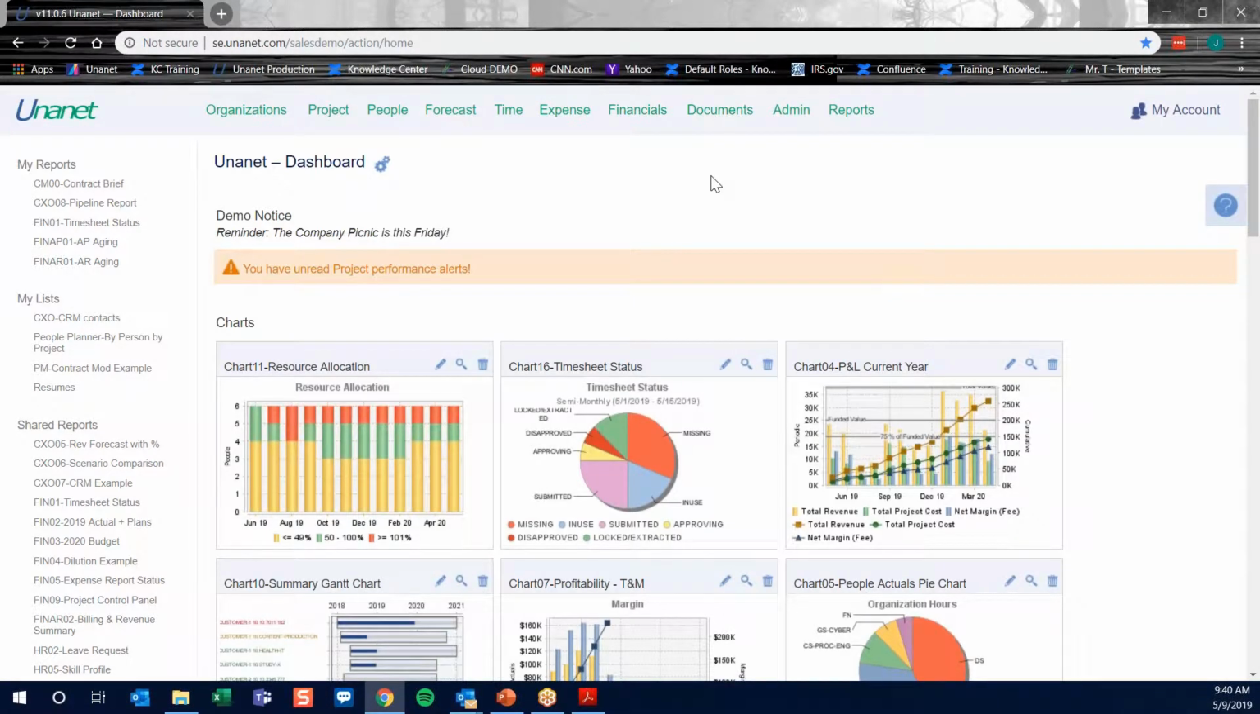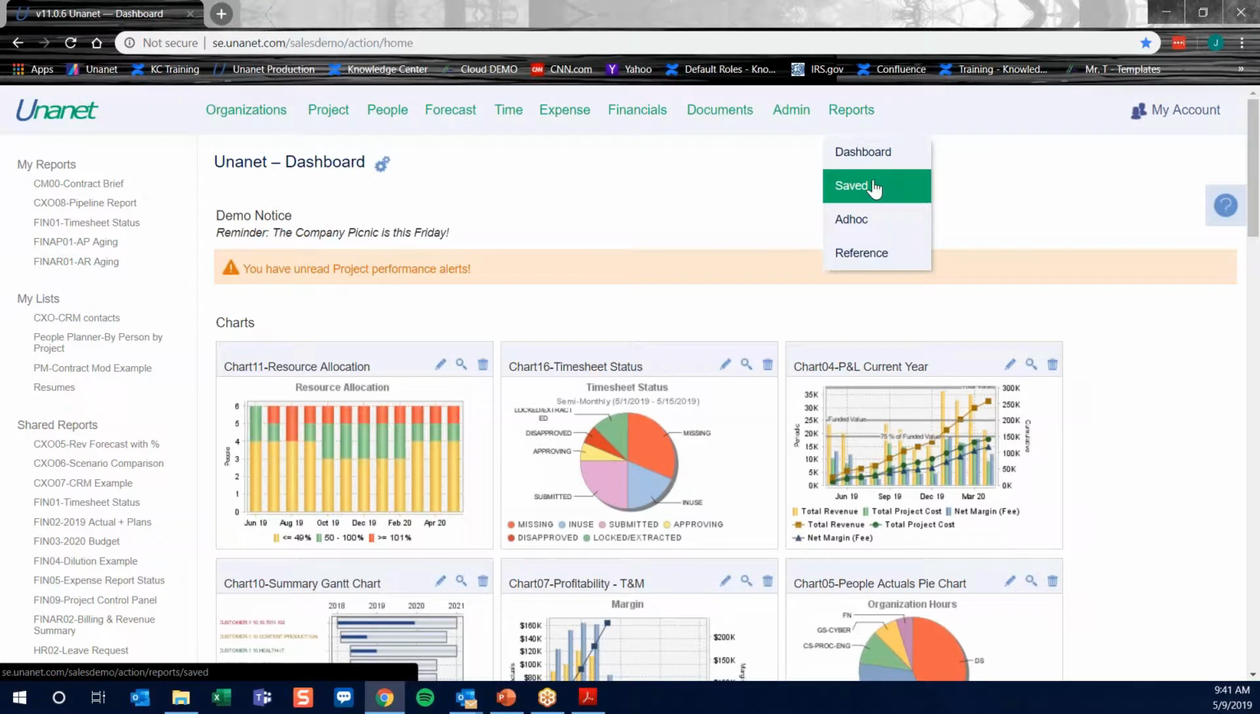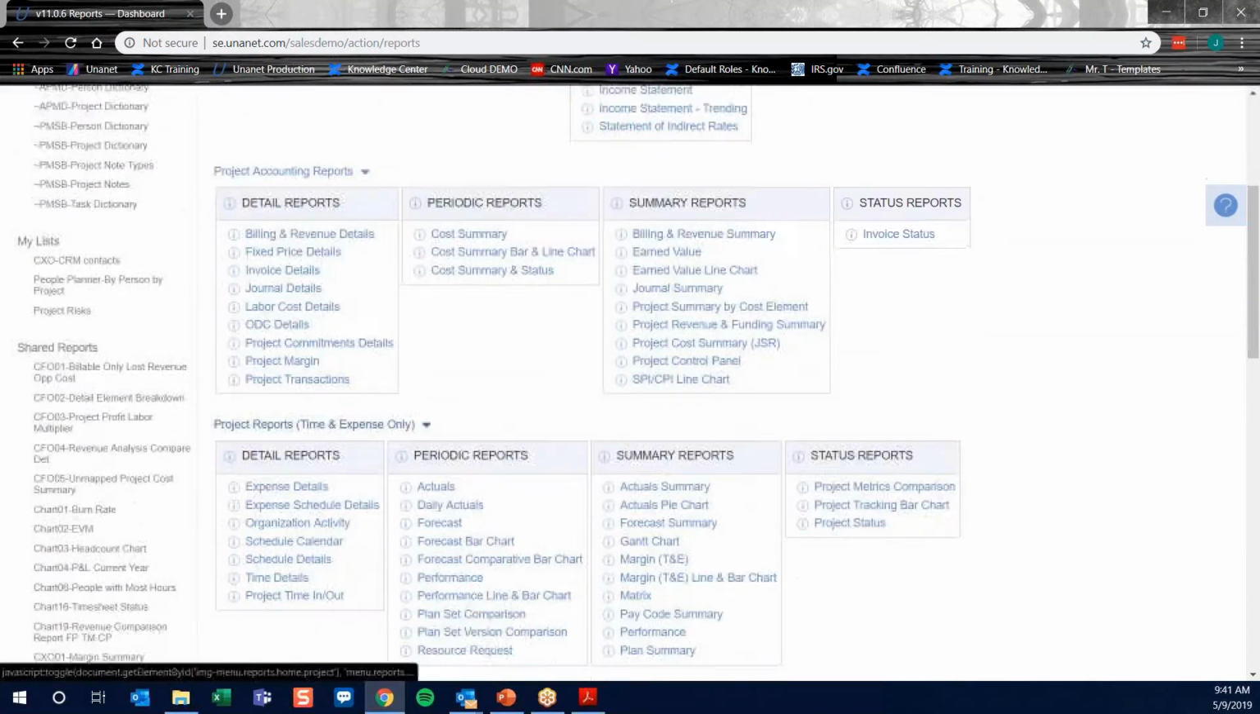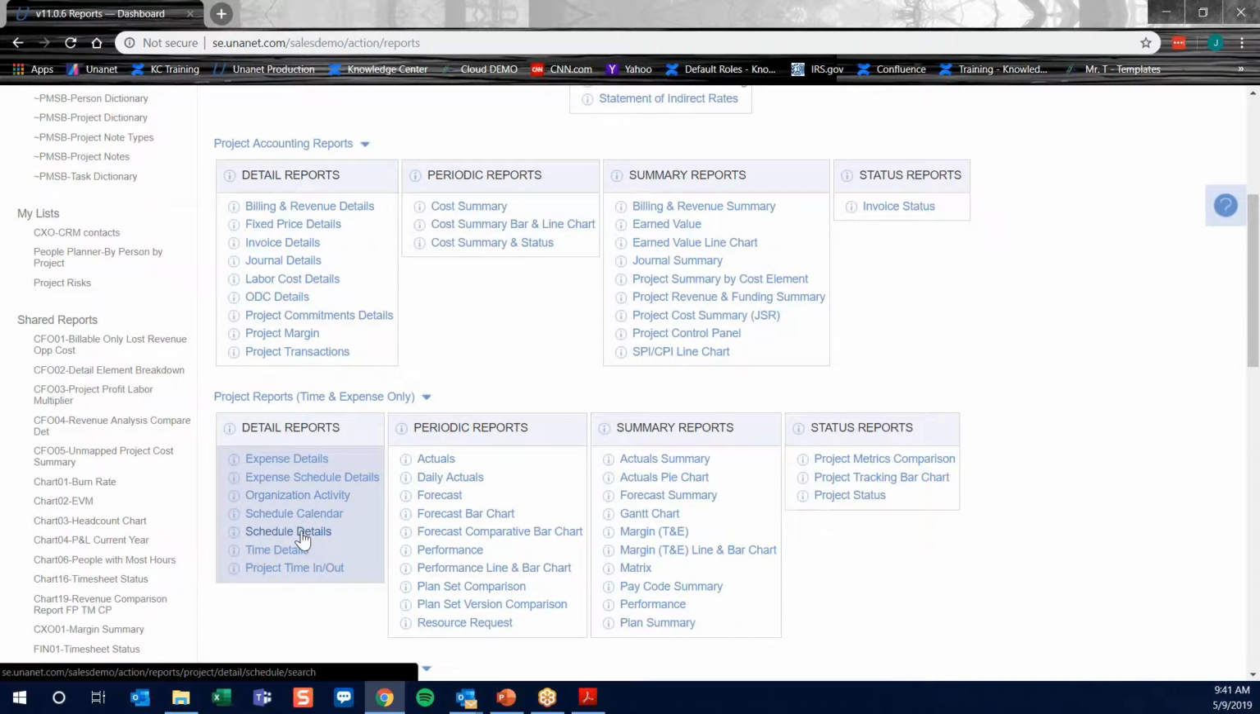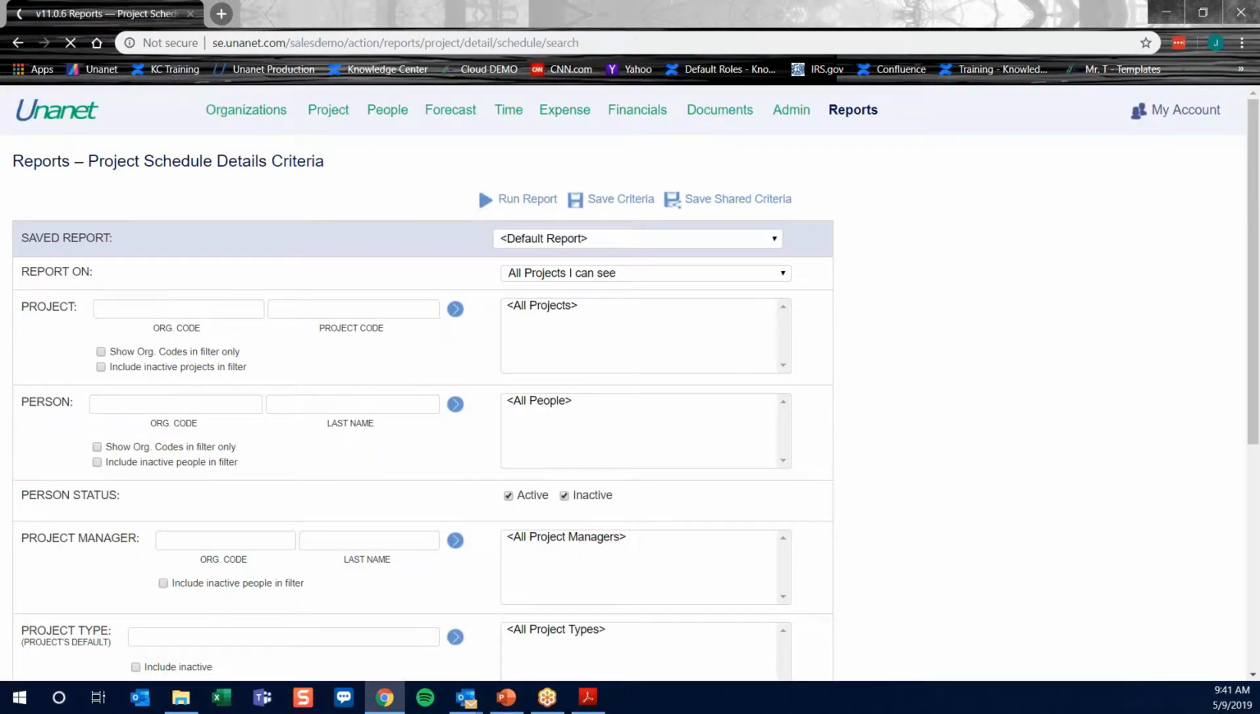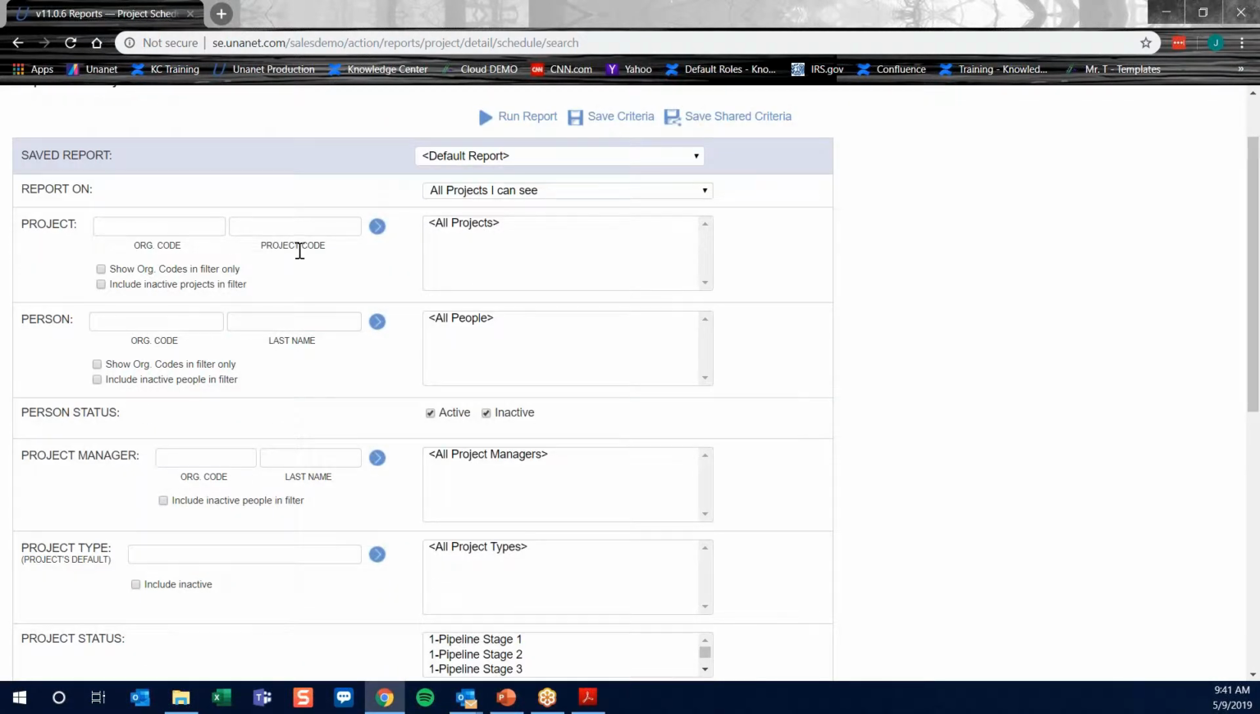So this is my demo. The first thing we're going to do in this instance, I'm going to use a schedule details report. It's a fairly common report. So from our reports dashboard, I'm going to scroll down and I'm going to click on our schedule details. And I'm going to create a schedule details report